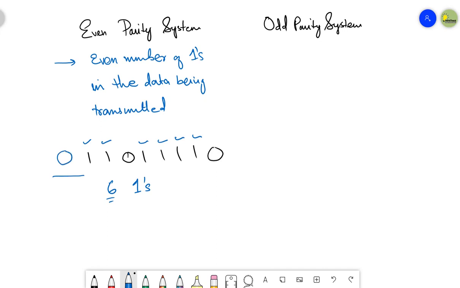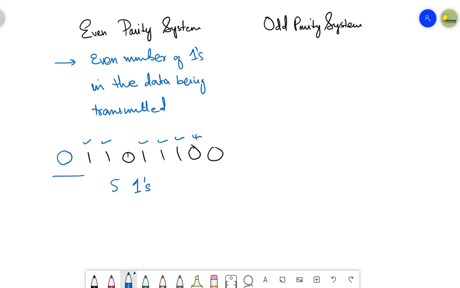This is your choice. Either you set the parity bit 0 or 1, but there is a rule for it. If you are using even parity system, then keep in mind, if the data has an even number of ones, then your parity bit must be set 0 in order to keep the number of ones even. And let's suppose if the data has an odd number of ones. Let me change it like this. Let's suppose the data has an odd number of ones like this. Now the number of ones are odd, or I can say that it has 5 ones in the data, since I have changed one bit from 1 to 0.